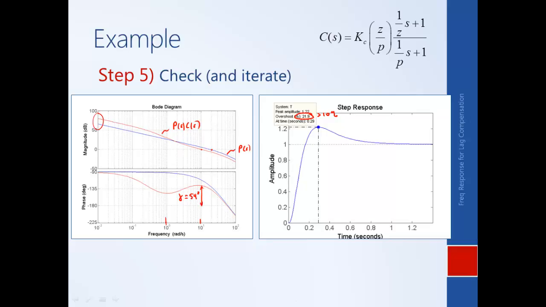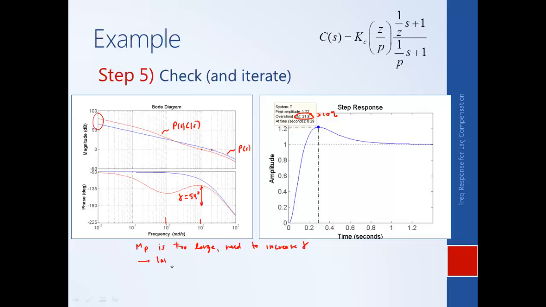And specifically, since the overshoot is too large, we need to increase the phase margin to something bigger than 54 degrees. There's a couple things that we can do to help that. So one idea